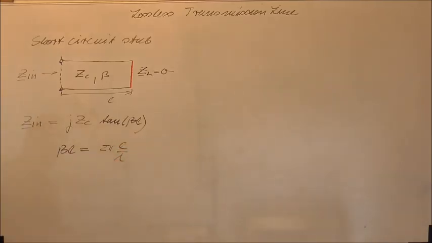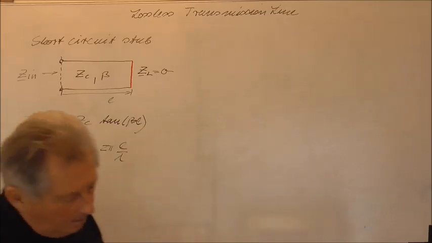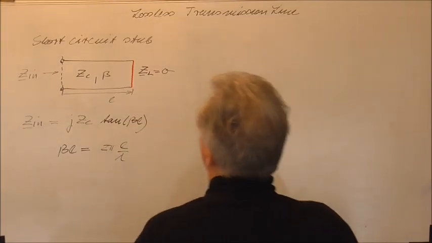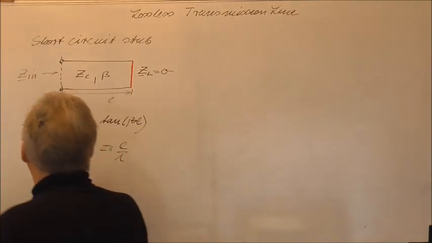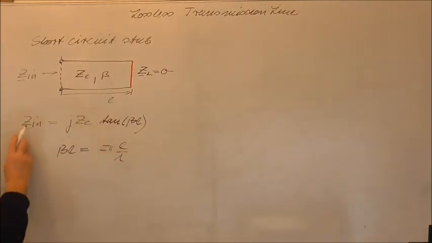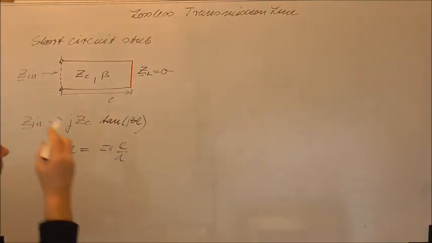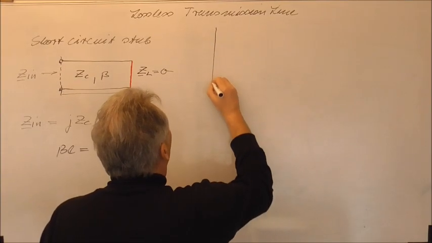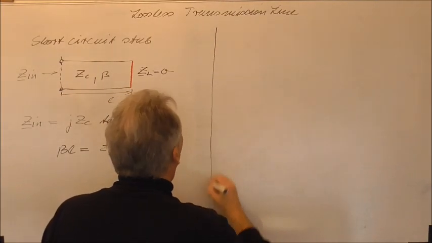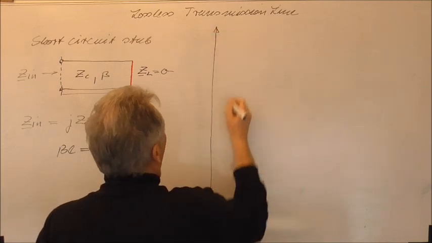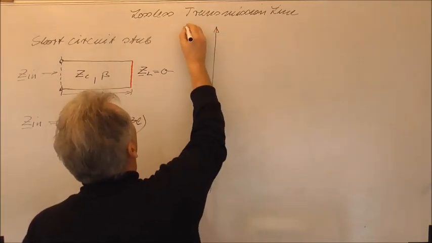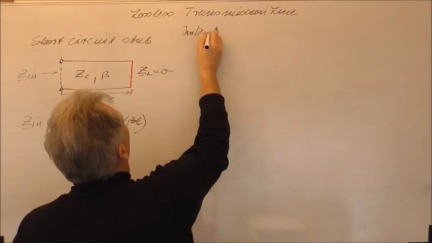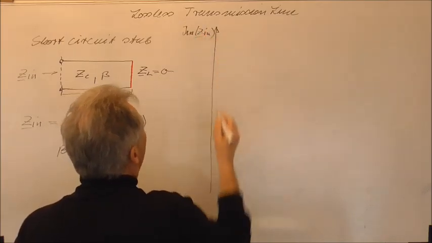So this is the situation here, and of course you see that we have a purely imaginary input impedance, so I want to sketch the behavior, or the imaginary part, so I will here sketch the imaginary part of Z_in